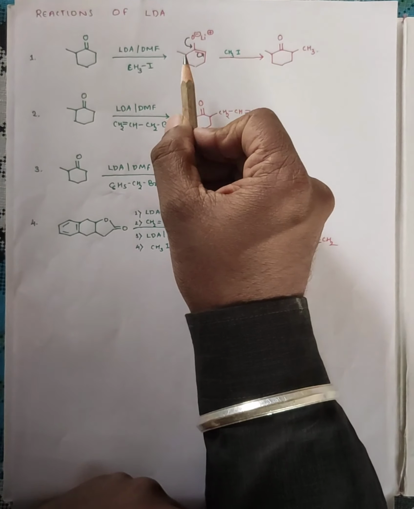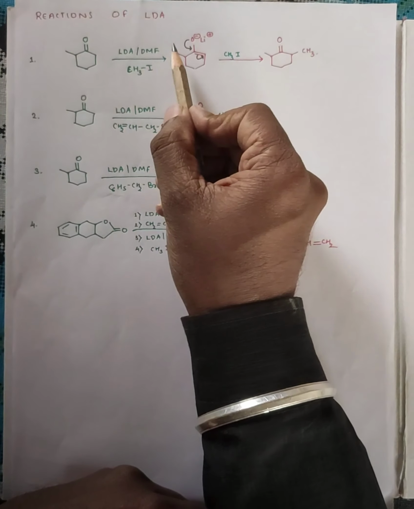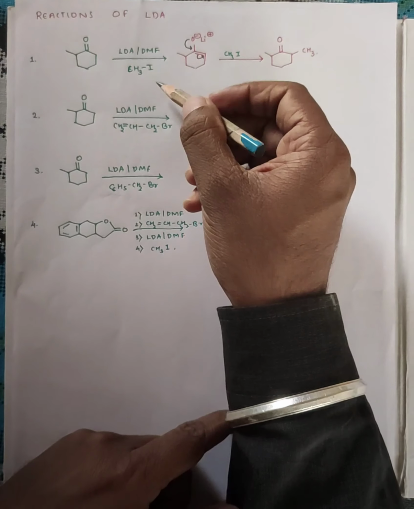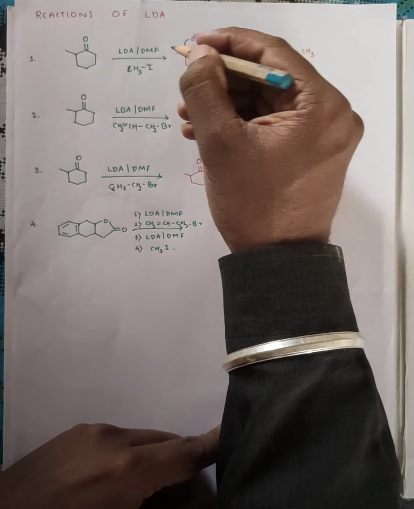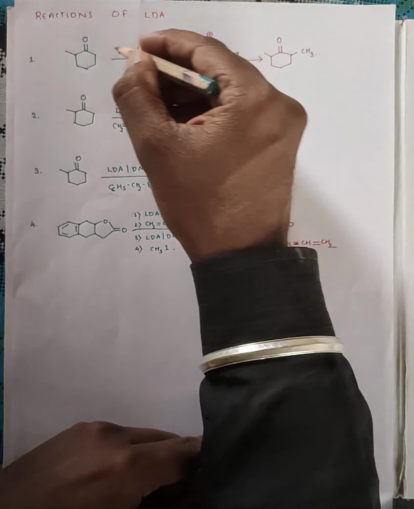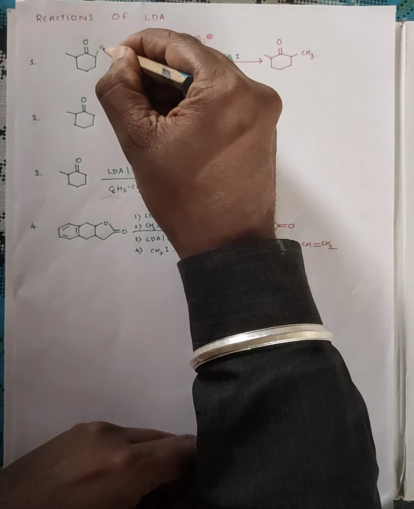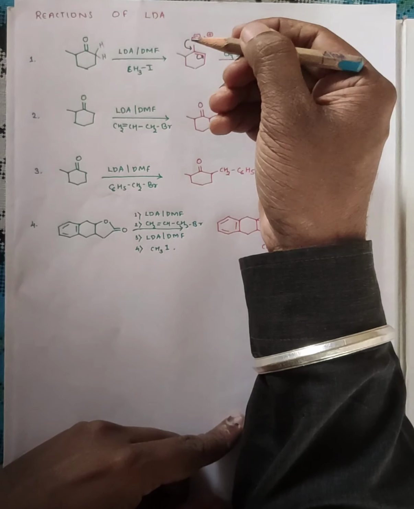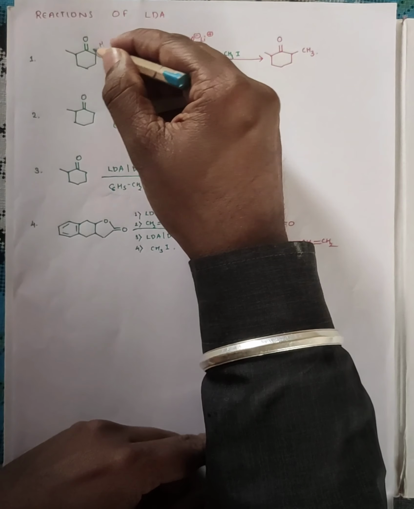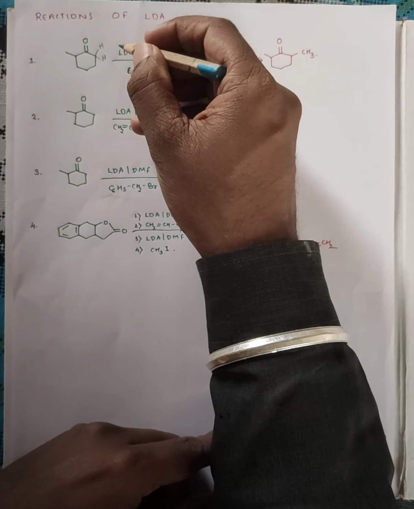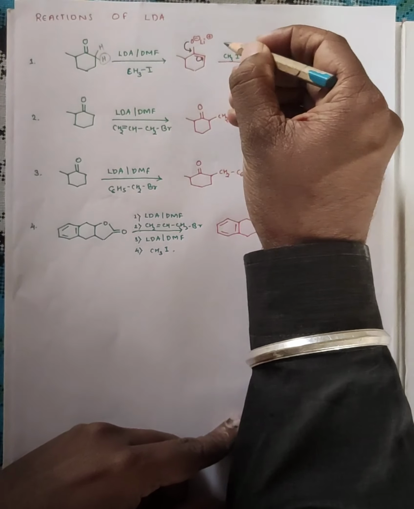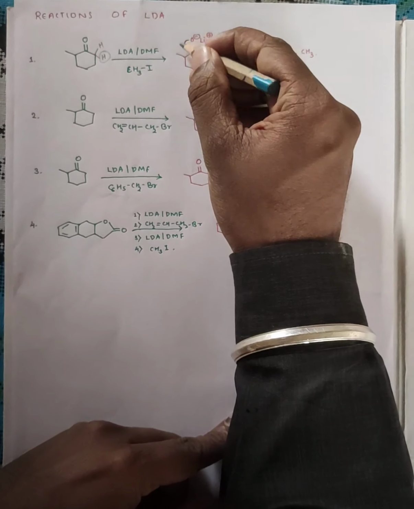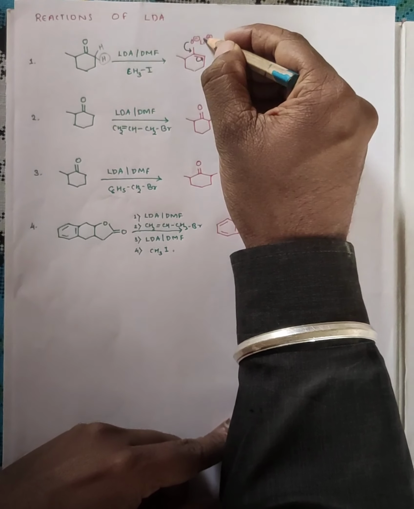Now listen here how the reaction is taking place. LDA is treated with dimethyl formamide in the presence of CH3I. What will I get here? First of all, LDA abstracts a proton. Now always remember, I told you LDA abstracts only that proton which is less hindered, or which is present at the carbon which is not substituted. Okay, now this hydrogen is abstracted, a negative charge is developed on this, and it is forming an enolate anion. This is an enolate anion and Li plus.